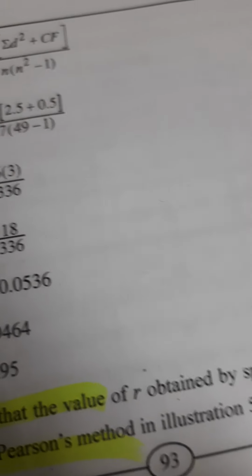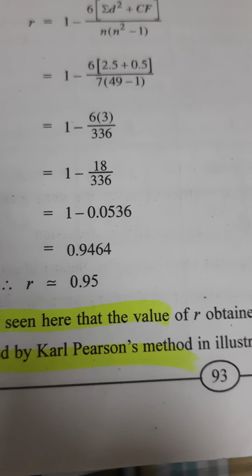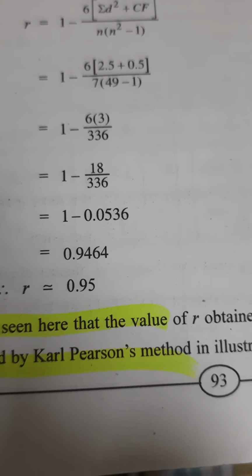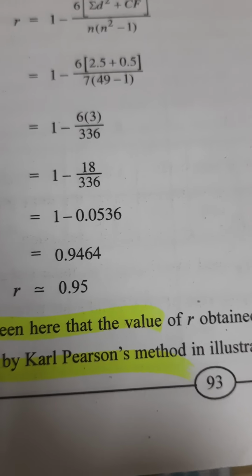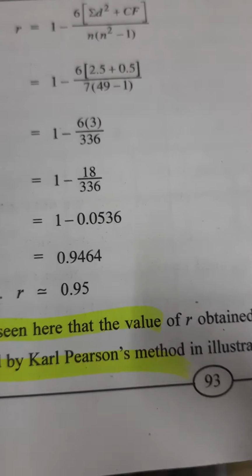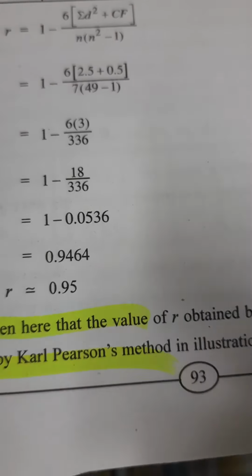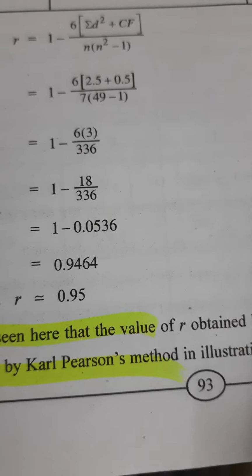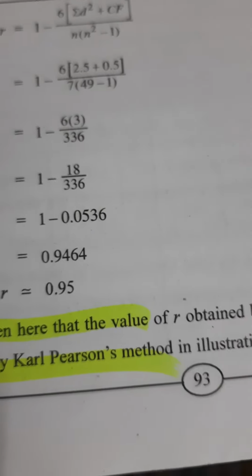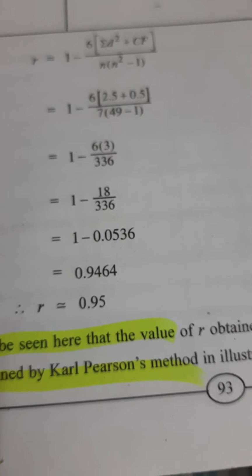And when you go through illustration number 21, we realize that this is a repetition of a question given in illustration number 5. There the calculation method is applied, and the value which we got there is different from what we are getting here. So you can check both the questions and come to a conclusion.